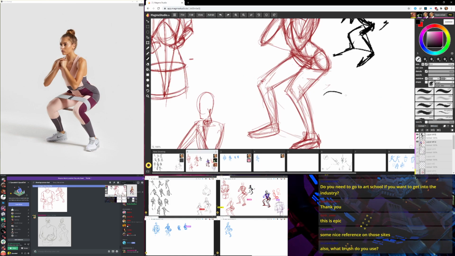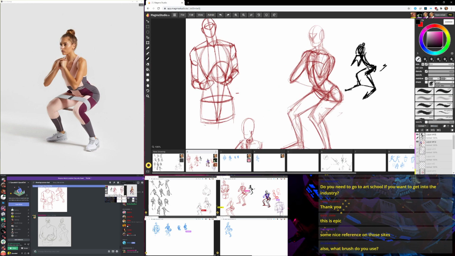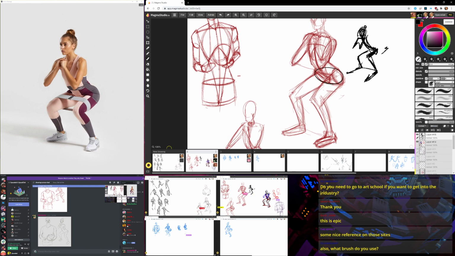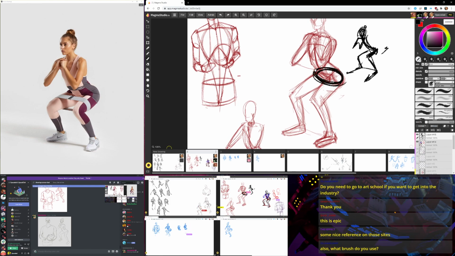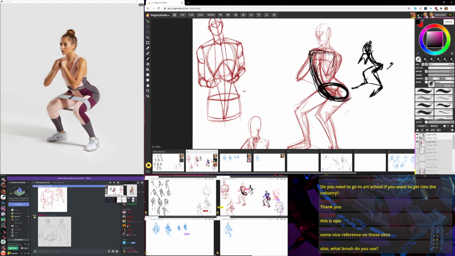And your guy looks like this pose is about to fall over backwards. So let's see here. Start with the center mass. Work up maybe. Start with a really good rough gesture that feels like it's got the weight in it.